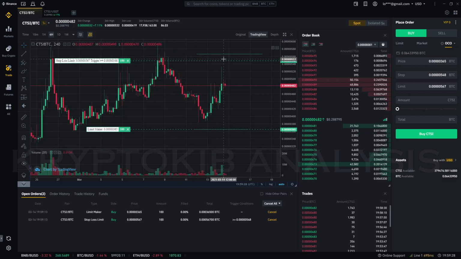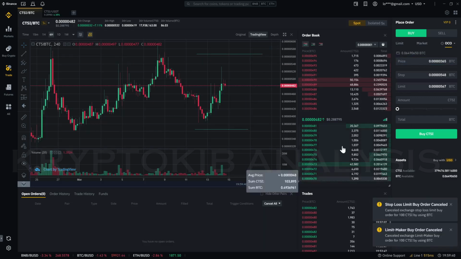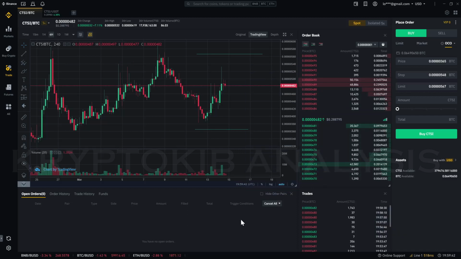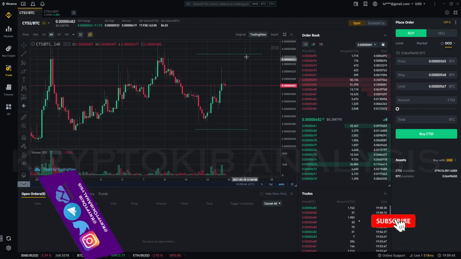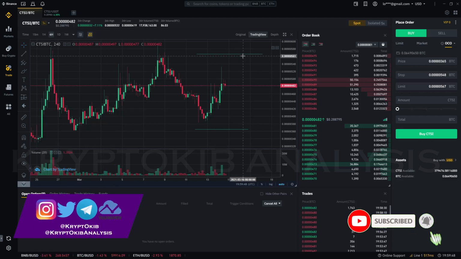It is here because this is the stop price where I've selected that if market price reaches this place, it should place the take profit at this particular point. It should be a sell. Let me cancel it. And if you notice, I cancelled one and it cancelled the other one. So if one fails, that means you are no longer in that market. It will cancel the other trade.